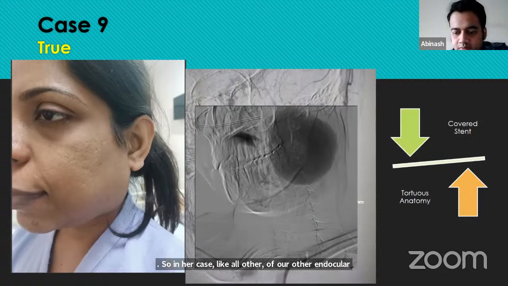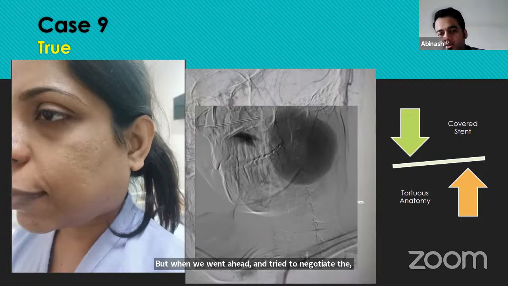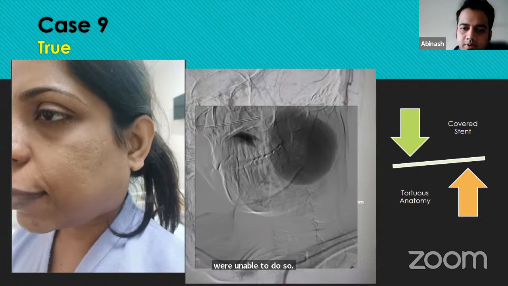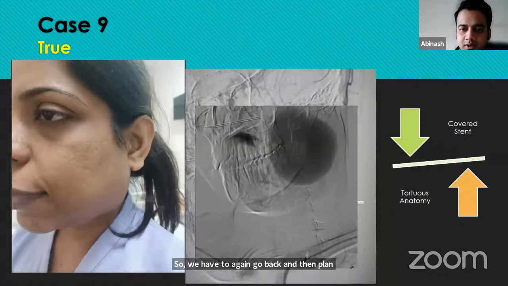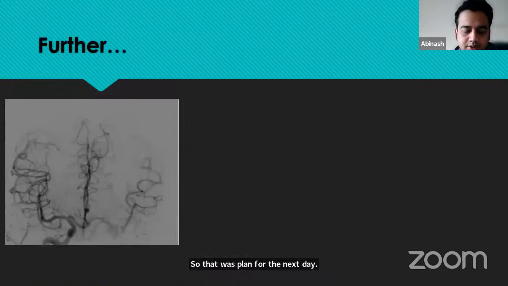But when we went ahead and tried to negotiate the guide wire across the neck of the aneurysm to deploy the stent, we were unable to do so. So we had to go back and plan for a parent vessel occlusion. So that was planned for the next day. We counseled her and we did this right